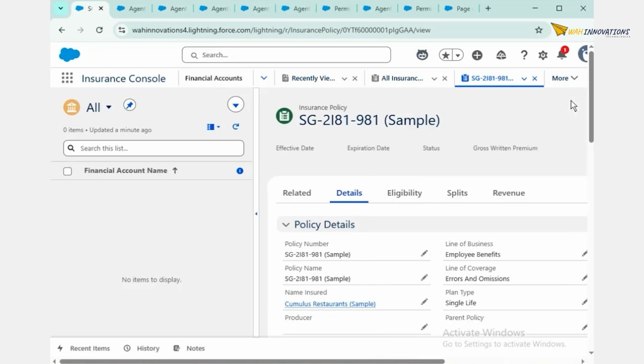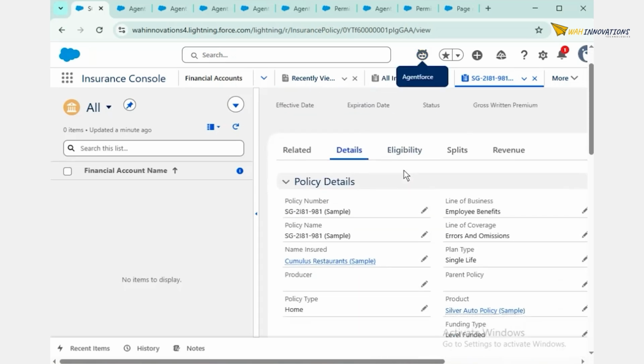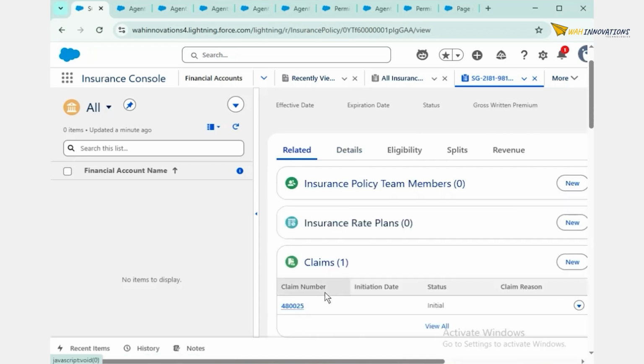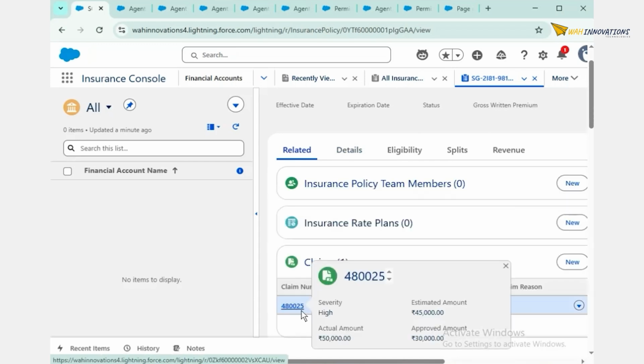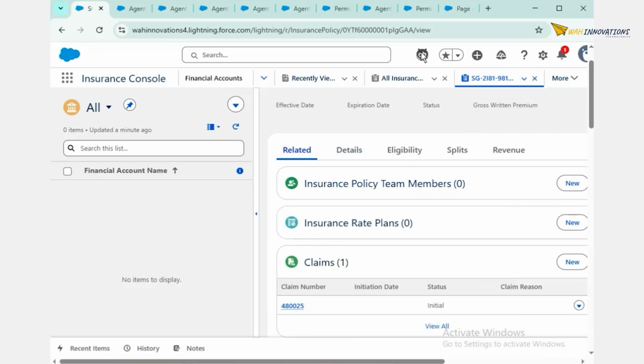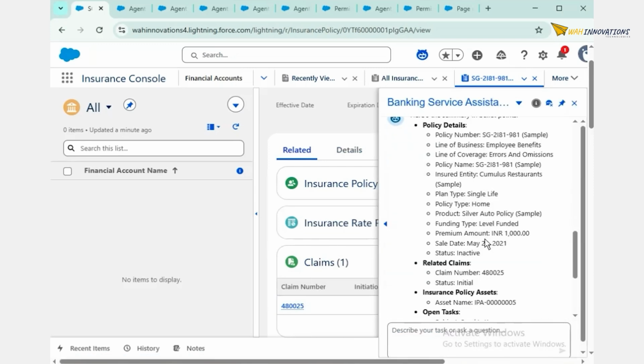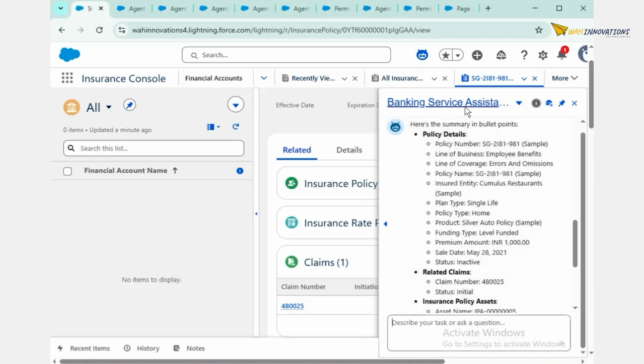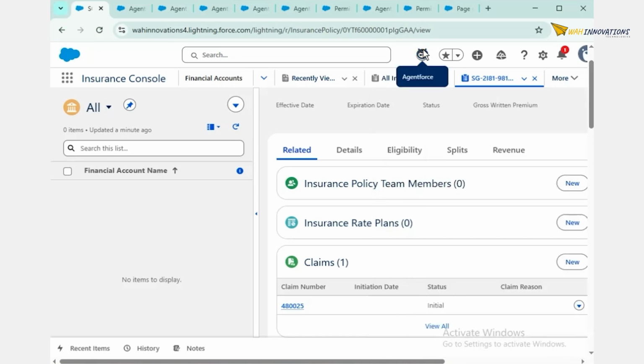The manager or insurance agent has to go through all the records to get details about it, like they have to go through the claim record to get details about the claim. But through our agent, we can get details about it here in one single go. Now let's move forward with another agent, shall we?